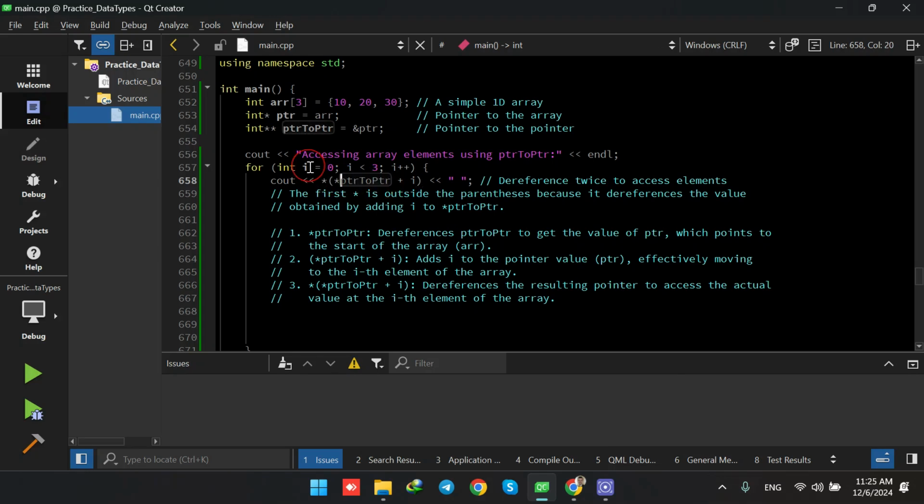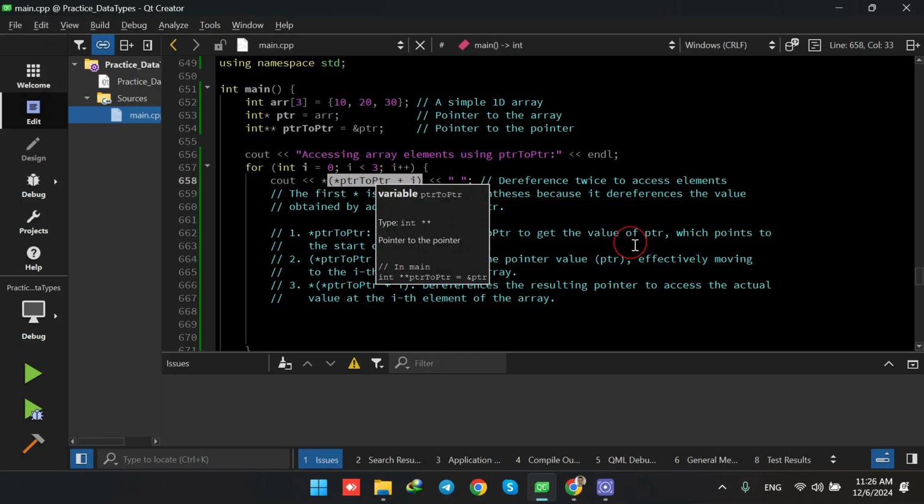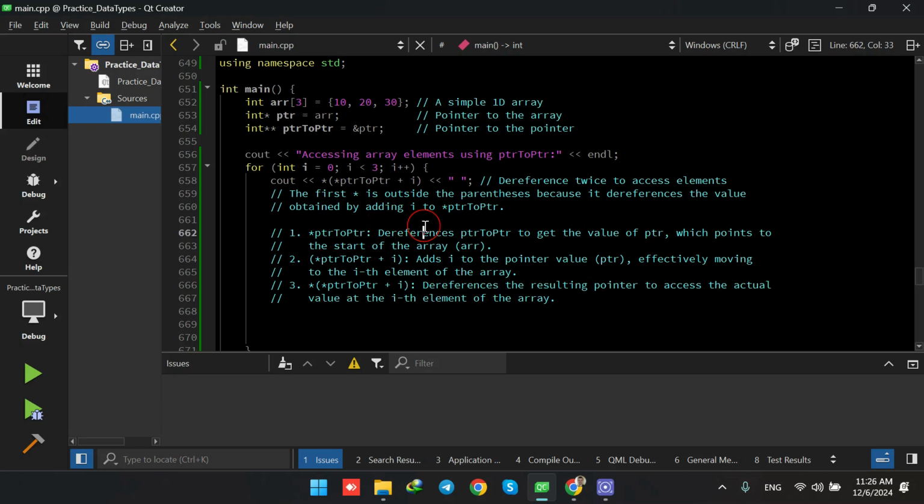Then we are adding the second star here, the first star before the parenthesis, to dereference the double pointer here,